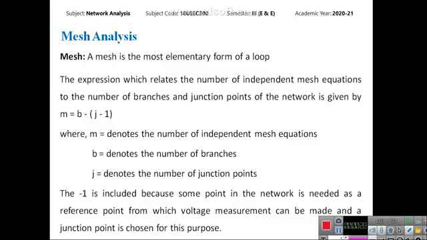and in order to find the solution of a network, you must first be able to find out how many mesh equations are to be written for a given network. In order to find that number of mesh equations, this equation is used. This equation is an expression which relates the number of independent mesh equations to the number of branches and junction points of the network,